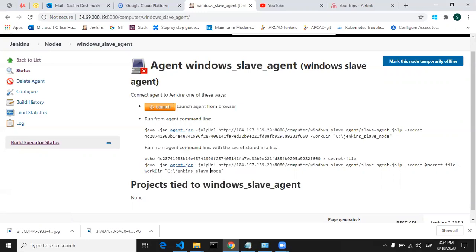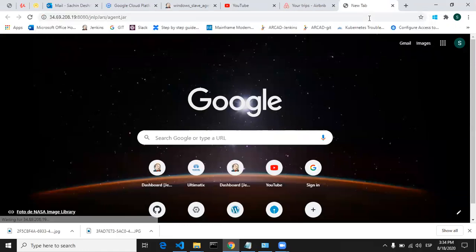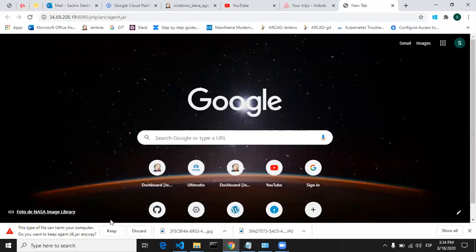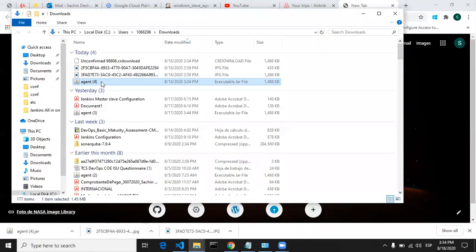Then open the browser and press Control V, so you will get that agent.jar file path. Just click on Keep, and once it is downloaded, copy this jar into our remote root directory.